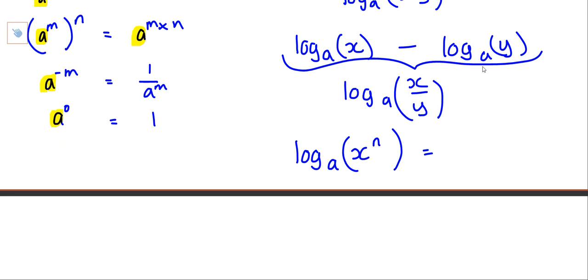Oh wait. It's going to be linked, but because I've not got x and y, it's making it a bit more difficult for it to see. It's going to be linked with this one, isn't it? Because